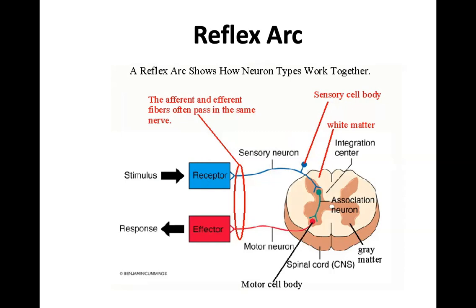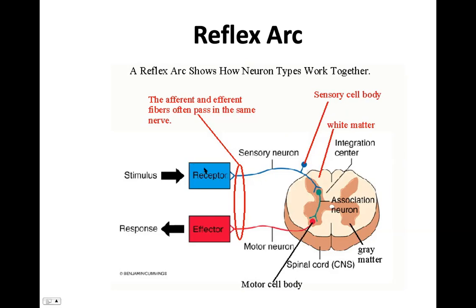The information coming from the periphery might be, oh, okay, a fly is on my nose. I get that information, and what's going to happen is I'm going to send that information up to the white matter, to the integration center, and also to the effector organ. So I might wrinkle my nose to try to get the fly off. That would be a motor response. Or the white matter might just say, hey, whack it with your hand. All right?